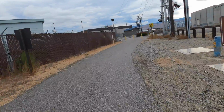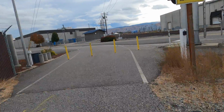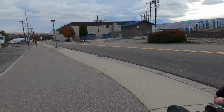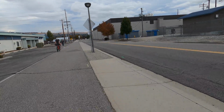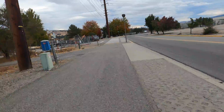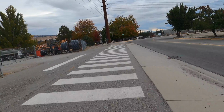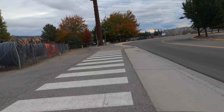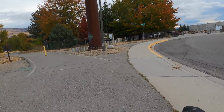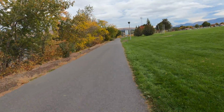Sign here says the trail continues in a quarter mile, so it looks like we are joining up with a road. It was pretty well marked, and there is a sidewalk, nice and wide. 8.58, and we are just in that quarter mile of where the trail leaves the state park property, and it didn't really join the street, it's joining a sidewalk, which is nice, and then it just blends right back into the trail. So now we are bicycling through Walla Walla Point Park,